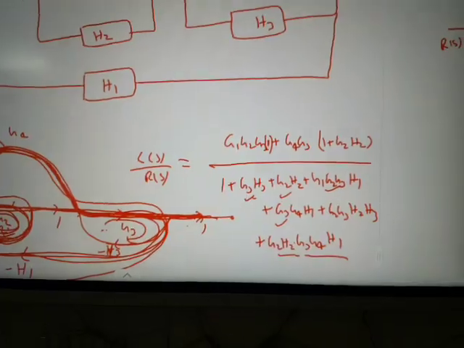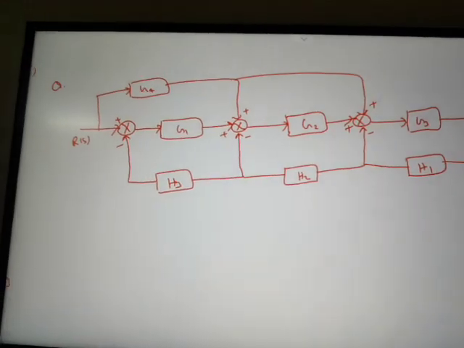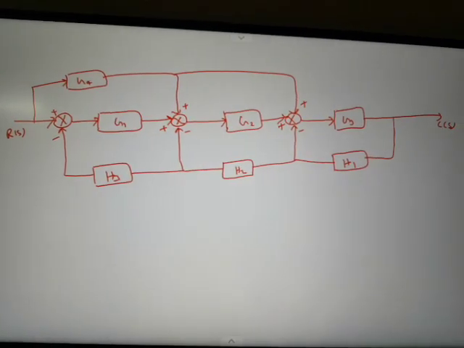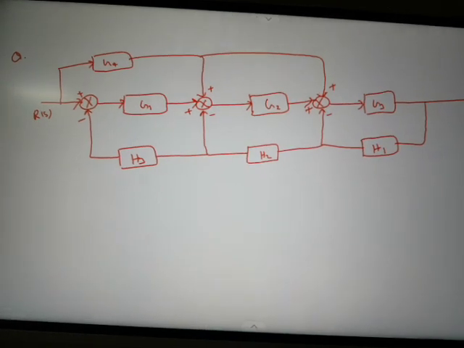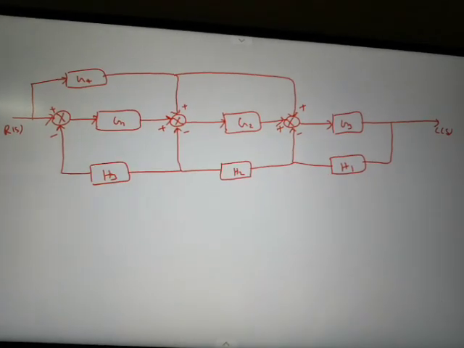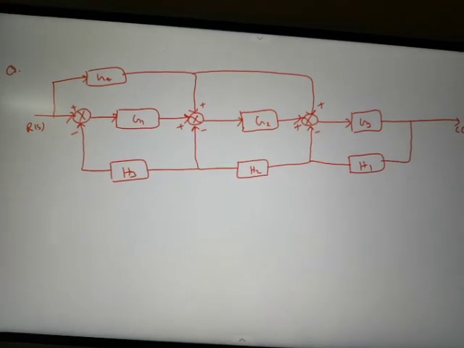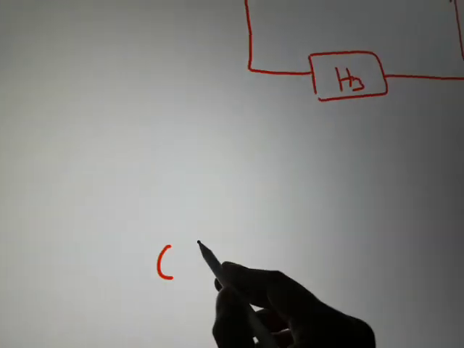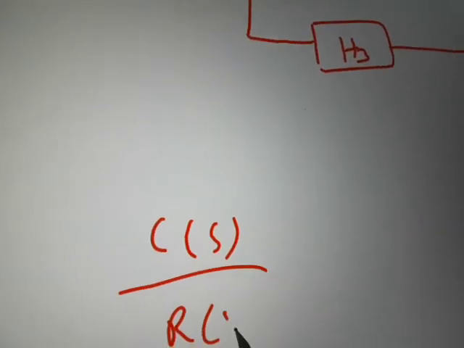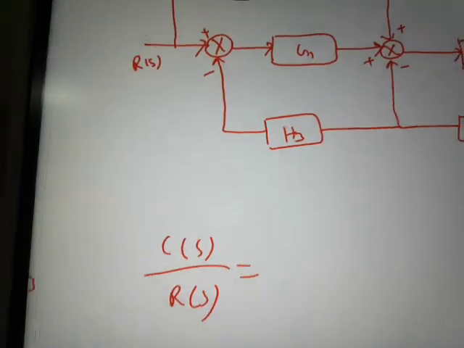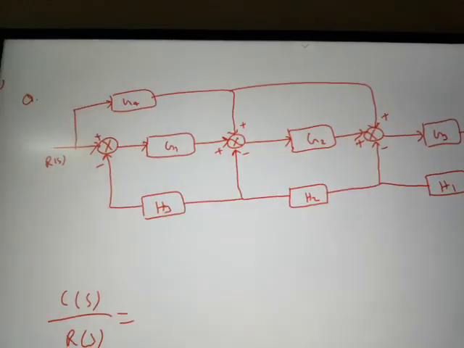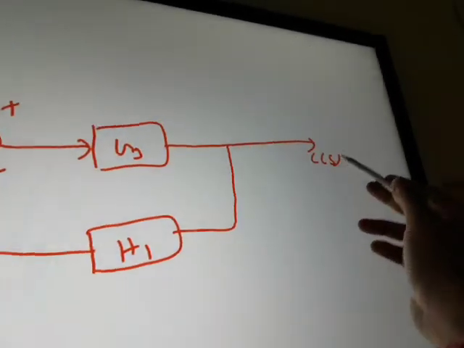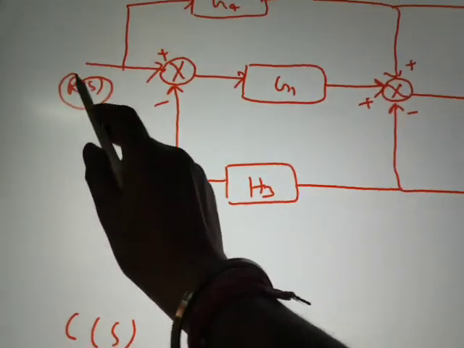Now this is the last example. We have also been given this block diagram. Without drawing the SFG, we have to find the overall transfer function with the help of Mason's formula. Simply, we have to write the transfer function without drawing the SFG. Now for this block diagram, this is my source node and this is my sink node, so we have to go from source to sink.